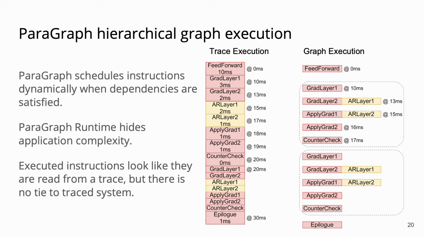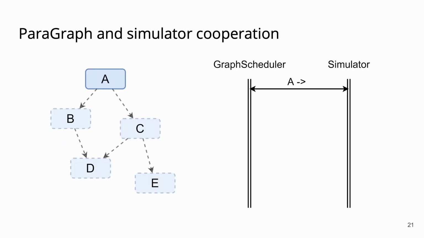In the end, the simulator gets a partial trace dynamically generated by ParaGraph. The final instruction execution order depends on how the simulator executes and completes each instruction. That differs ParaGraph from a trace-driven simulator, where you are perpetually stuck with the instruction order generated by your existing hardware to model your future hardware that may work very differently. This animation with a toy graph demonstrates how dynamic graph execution works.